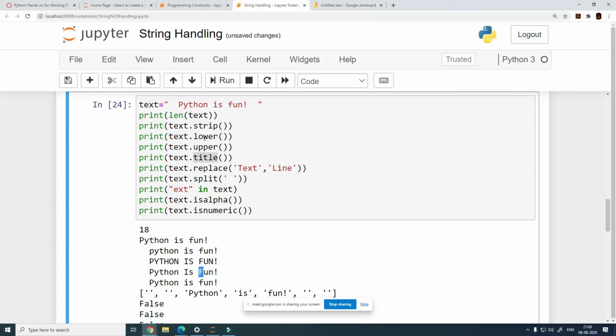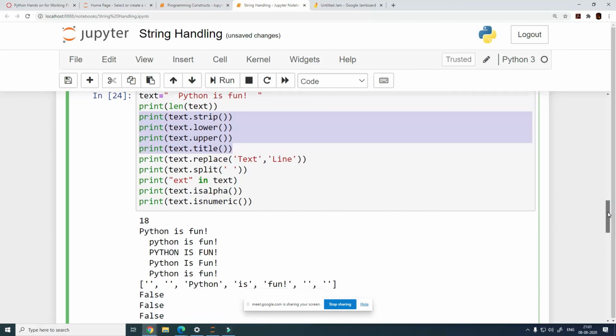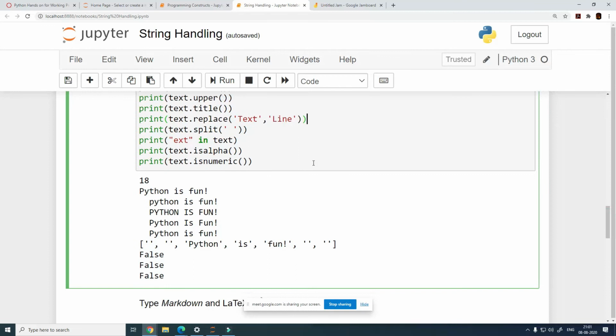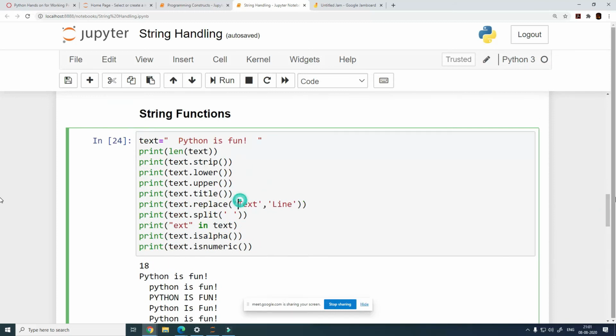So these were easy, guys. I really don't think there is much for us to actually explain here. You just need to know what these functions do, and as and when required, you can just use them. A few things which are interesting and which you may require more often while doing any kind of data pre-processing is when you need to replace text, right? So let's see how you can actually do this. Let's say from this text, Python, I will need to change this.